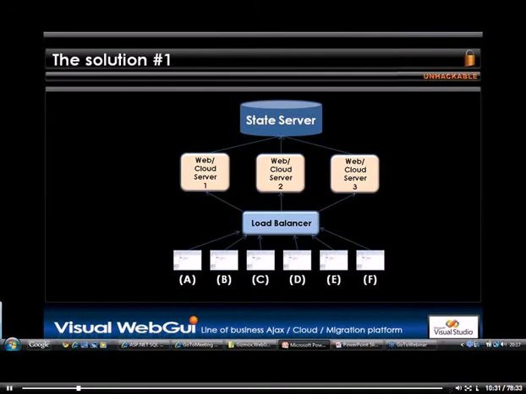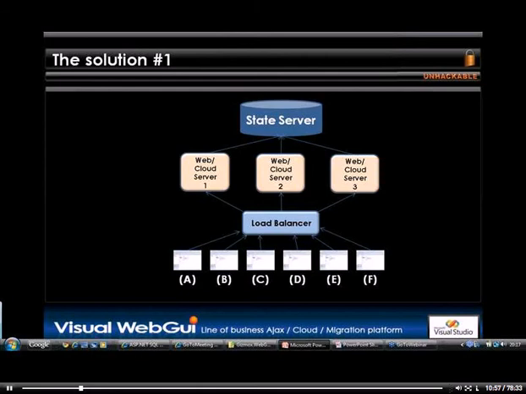There are a few solutions out there that you can use, but mostly it's done using a database. So you can use a database cluster if it's a very large application serving many users. And when I have this central state, I can have kind of stateless web servers. I can have a web farm with tens and hundreds and an unlimited number of web servers attaching to the same